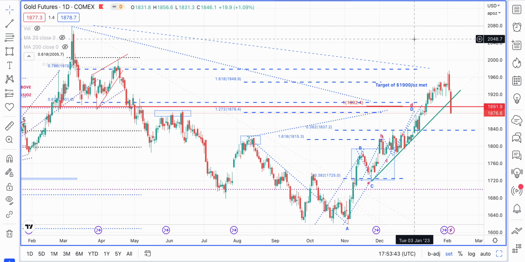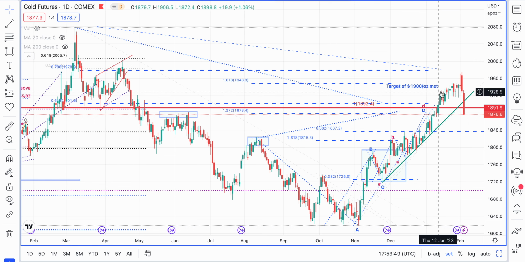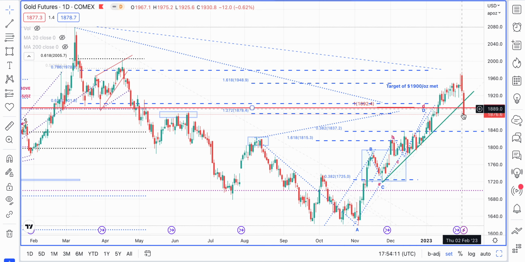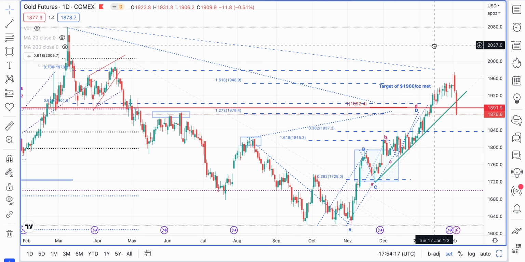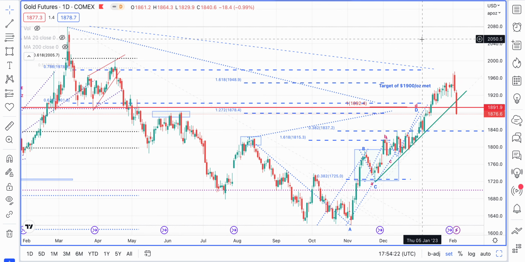What we can do is look at previous price action. We have to go back and look at what happened in March of 2022, and that's when we had a very strong negative candle close. We had a drop from 2062 to 1988, 1980. So we had roughly a $100 drop in just one day. This one has been over 2 days, but it is significant. So there is likely to be a follow through in the gold market towards the downside.